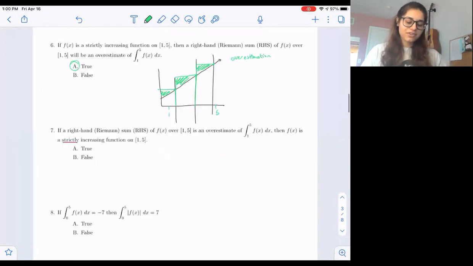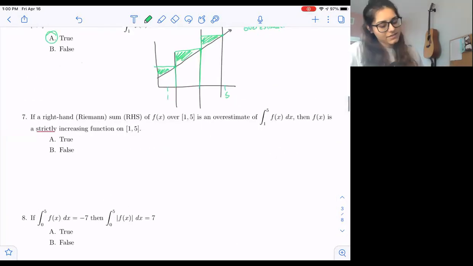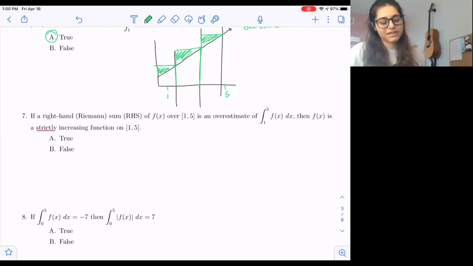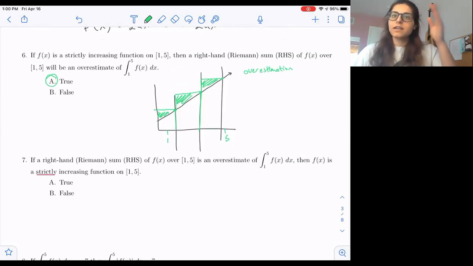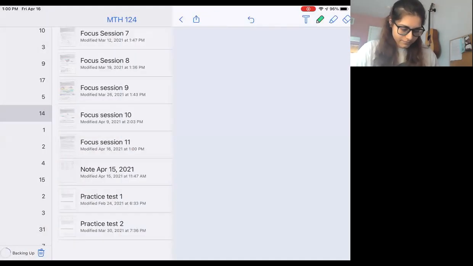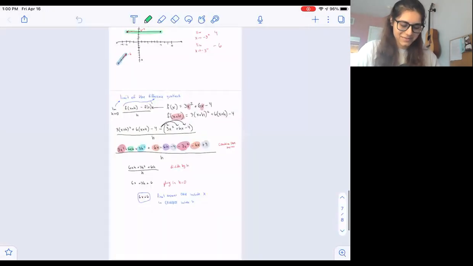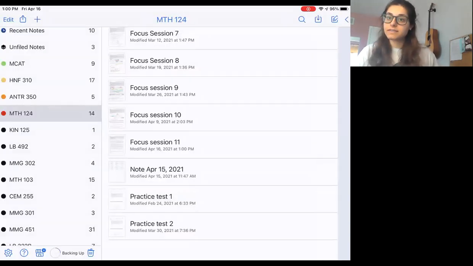Okay, now if we go the other way, if a right-hand sum over 1 to 5 is an overestimation, then f of x is strictly increasing function. So this is basically the opposite of our last question. First question is telling us that if it's strictly increasing, then it's an overestimation. Number 7 is telling us that if it's an overestimation, then it's strictly increasing. If you go back to this thing I drew, not this one, okay, this one. If it's